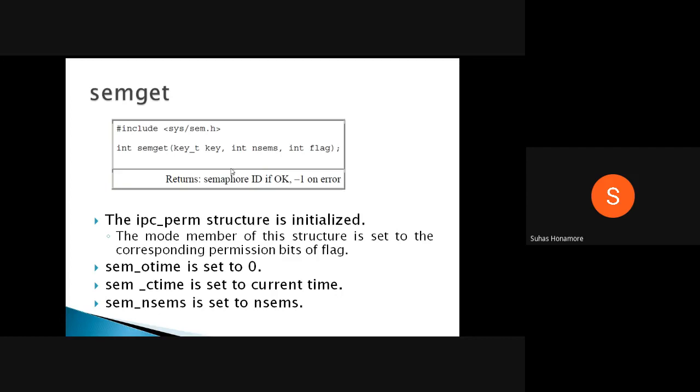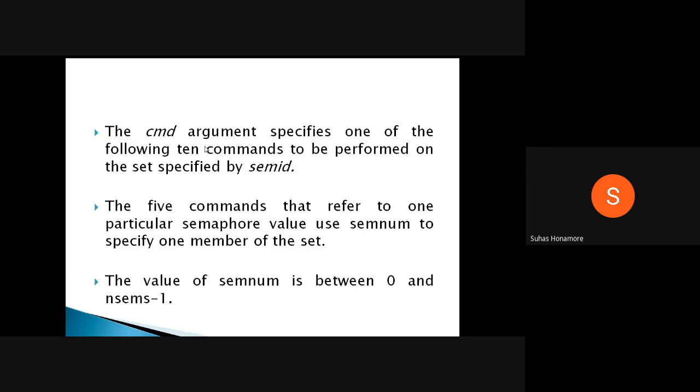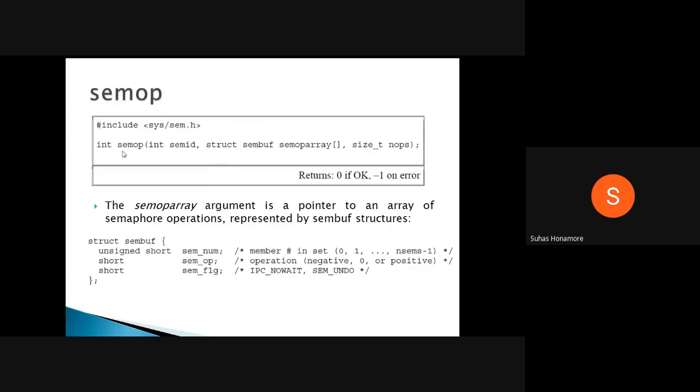Sometimes you want to perform some operation, and depending on that operation, different things will be there. Now we'll see how to perform an operation. For that we have SEMOP, where we are performing some operation. At the same time you can perform n number of operations. Consider you want to perform n different operations on one semaphore by one process.